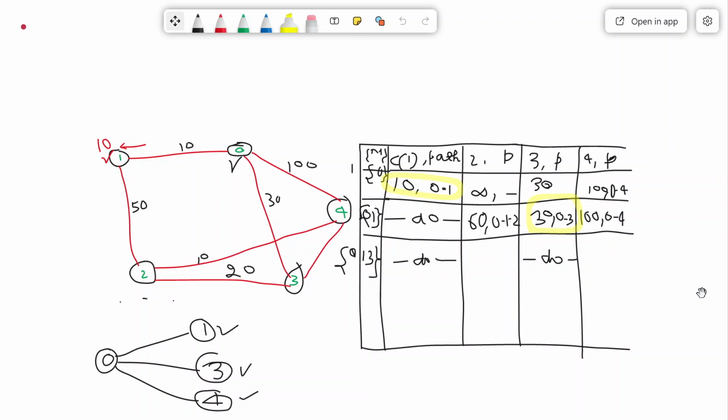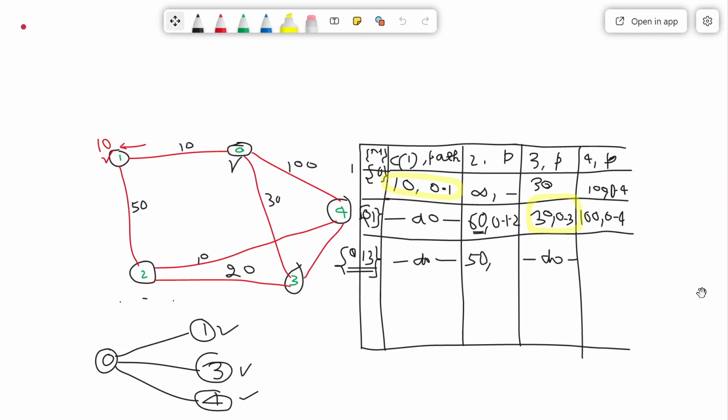Since 3 is our neighbor and we can reach 2 from 3, and this new length is 50 only, our older length is 60, so I will replace the older length and write 50 here. This is the cost to reach 2.